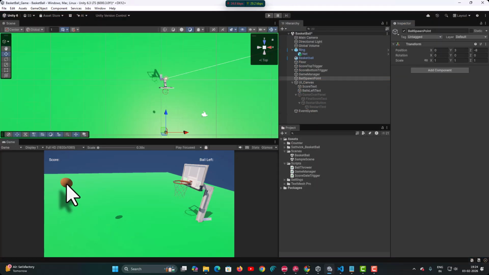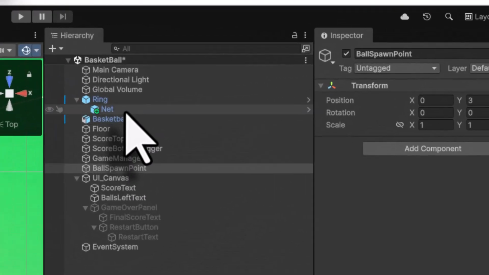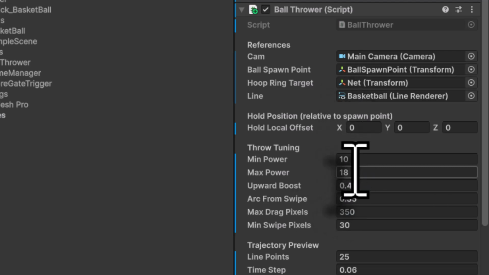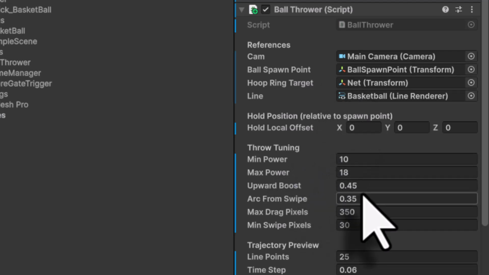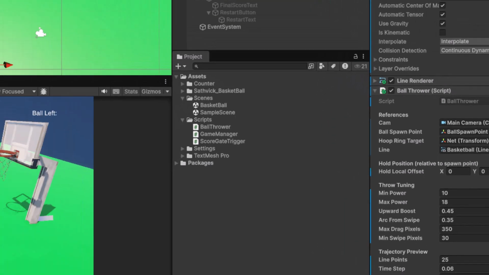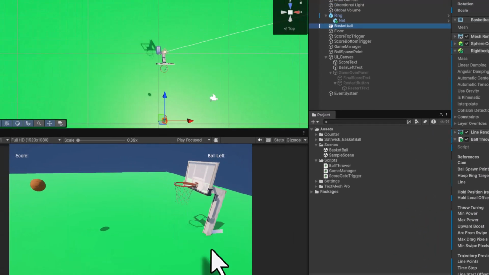Apart from controlling my mouse drag, I also want to add some sliders. If you come here into basketball, you can see the values here set. Minimum power, maximum power, upward boost. Some of these controls, I want this to be available to the user, so that by changing those controls, he can make the ball precisely fall inside the net. So this we are going to do in our